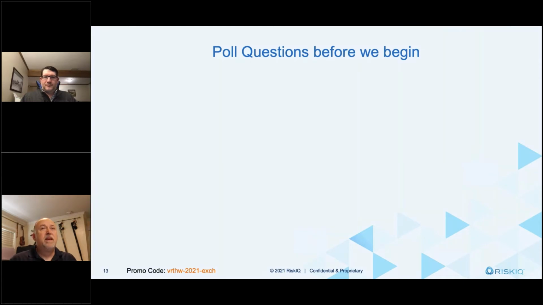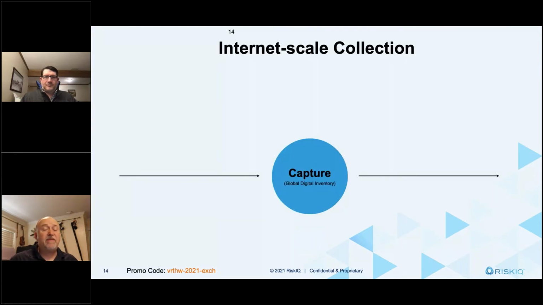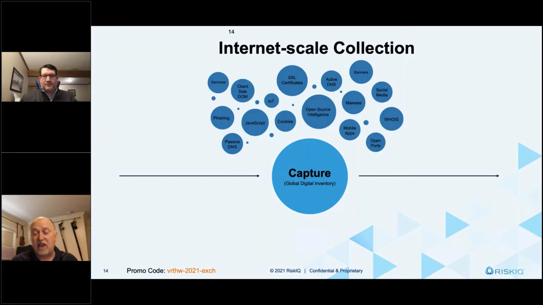Okay. So I'm going to quickly give some background because there are some people here that are new to these workshops, and then we're going to jump right in. So I'm going to go fast through these. What RiskIQ does is we have sensor networks and collection networks where we actually go out and talk to all the different IPv4 space on the internet, all the name servers, and we identify what's there and build a map of the internet, an entire map of the internet.